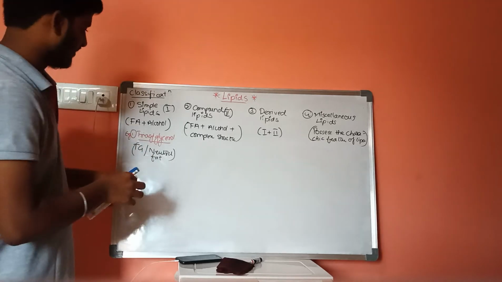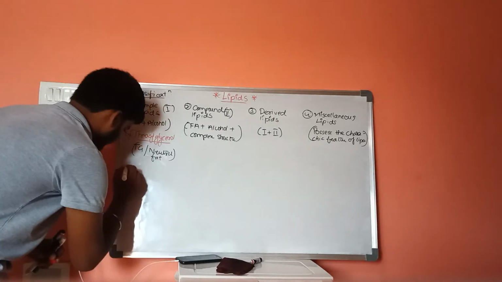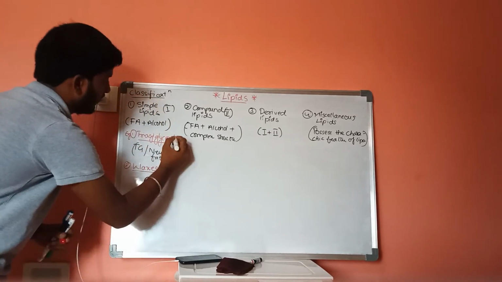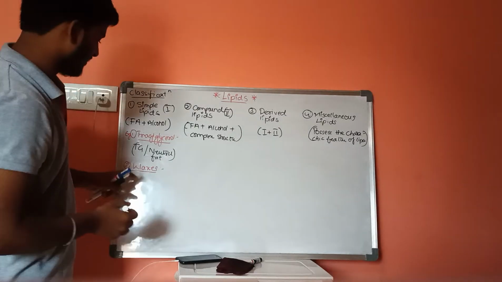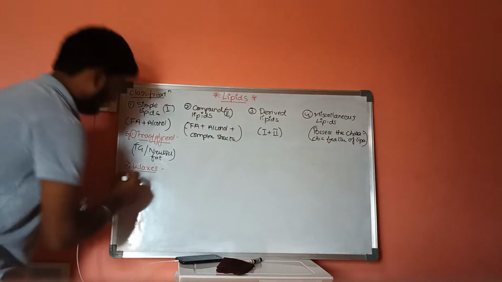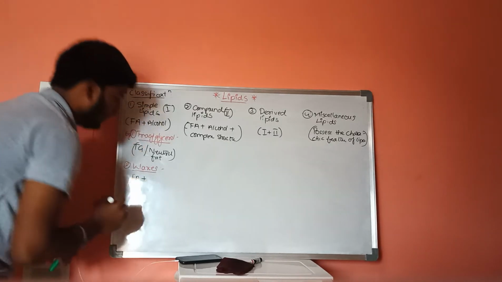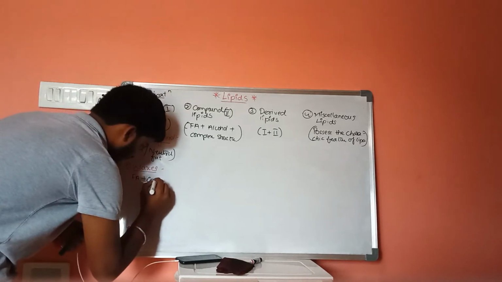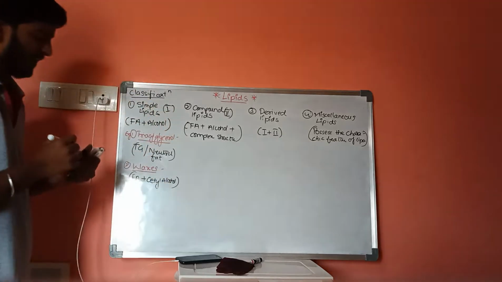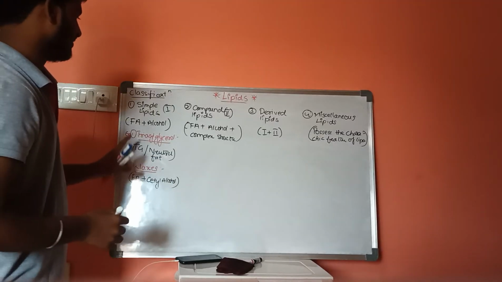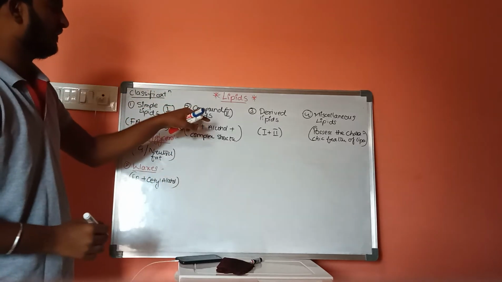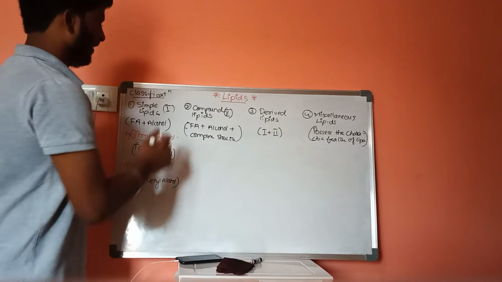The second example is waxes. These waxes consist of fatty acids plus cetyl alcohol. These are examples of simple lipids. If we discuss examples of complex lipids, the first example is